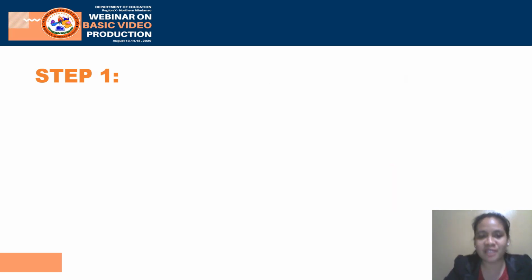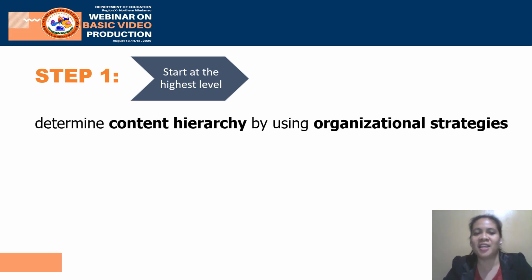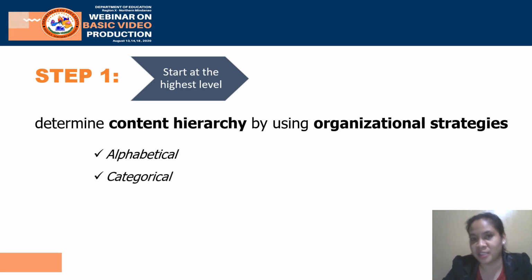Now, to explain further, step 1, we have to start at the highest level. What does this mean? This means that we have to determine the content hierarchy by using the organizational strategies. So if given a topic, we have to identify how we are going to organize this content. Are we going to organize it alphabetically or categorically? Or shall we use the cause and effect,